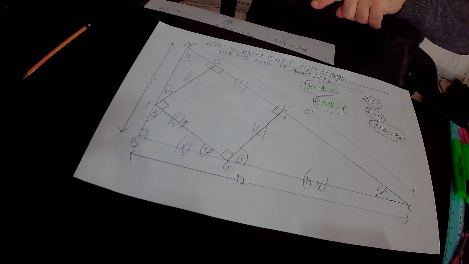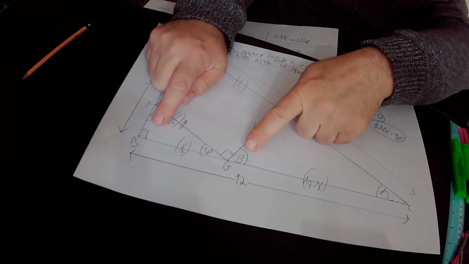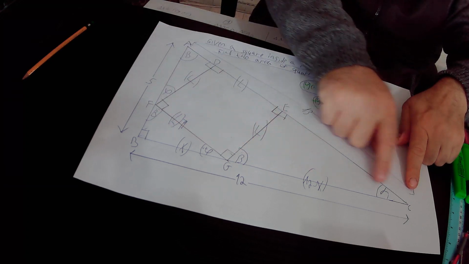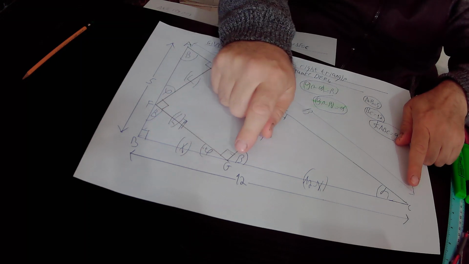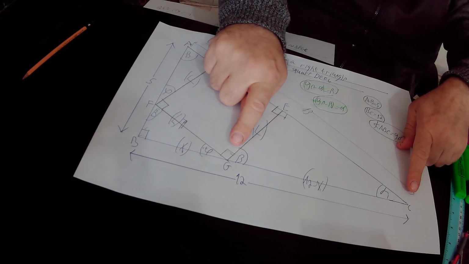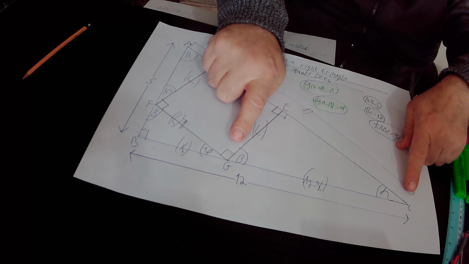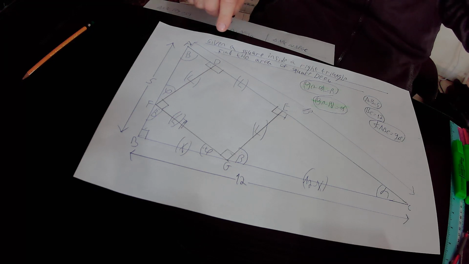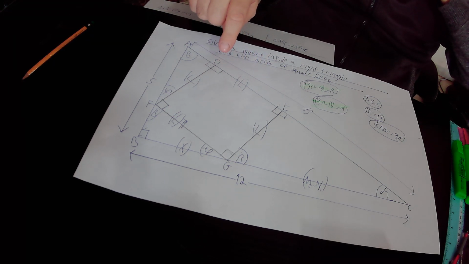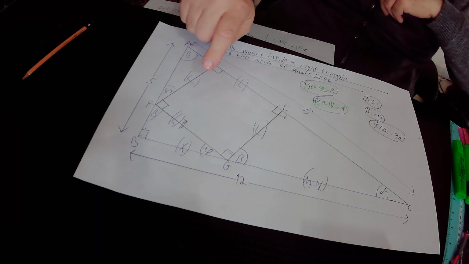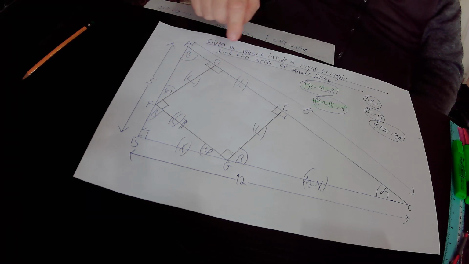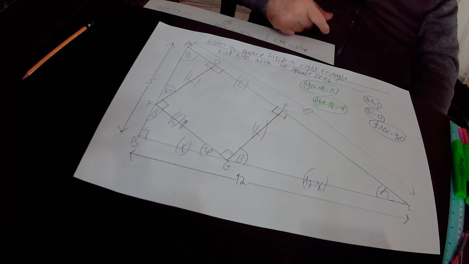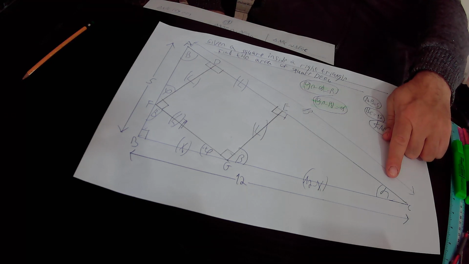In the next step, we define the length of this line segment BG as x, and therefore BC minus BG equals GC. So GC equals BC, that is 12, minus BG, that is x. So in total, GC equals 12 minus x. And we define the length of one side of this square, DEFG, as L. Therefore, all the other three sides must also be equal to L in their lengths, because in any square, all the sides are equal to each other. Okay, and then we define this angle as alpha,